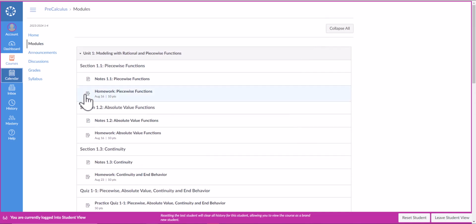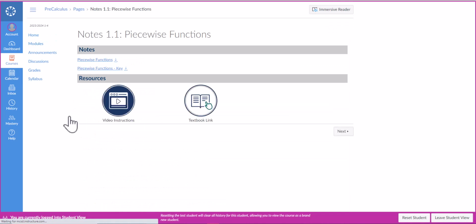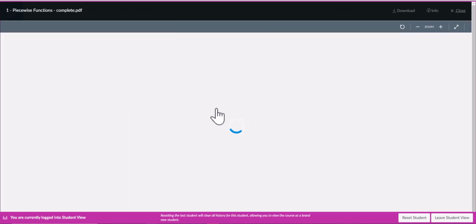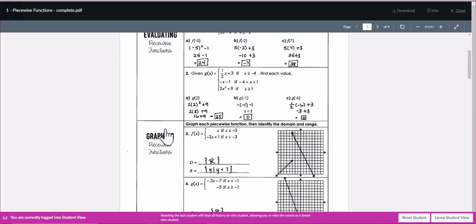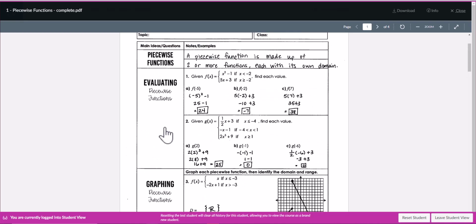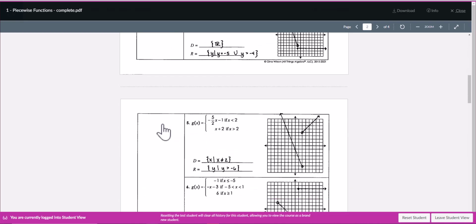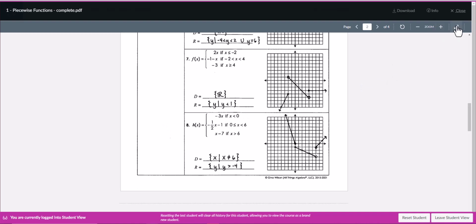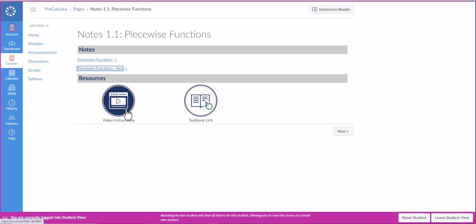Okay? On each notes page, you'll have the following. These are your notes. This is the answer key to the notes. So we have already written out all the work on every single page of notes. So here, if you're somebody who follows along really well with written instructions, these are here for you. We also have video instructions. This video is not a random video. This is a video working through these exact problems in the notes. So here you would just click this.